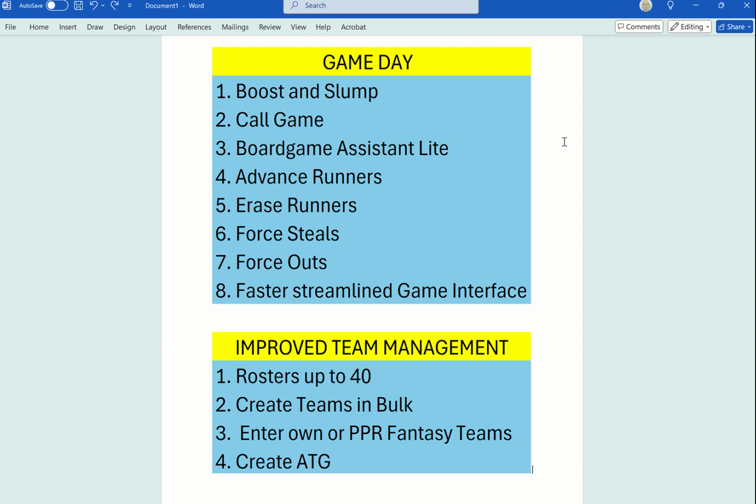And then we'll be looking briefly at team management. You can have rosters up to 40 now. You can create teams in bulk, type them up in Excel or Word, import directly, copy and paste them straight into team management. And doing this, you can enter either your own or the PPR fantasy games. And also, I'll show you a couple of all-time great teams that I've created from the History Maker Baseball list, but it could be any of them. Any of your own all-time greats, ones that you want. And I'll show you how I